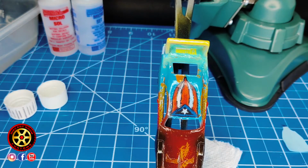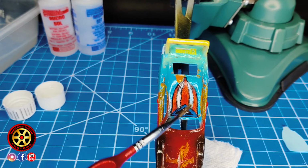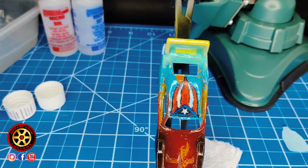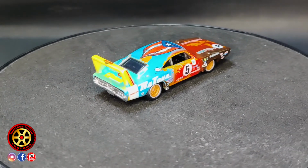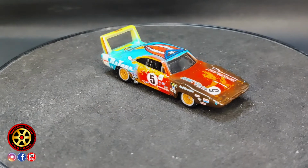So I started this car a long time ago. Try to link the video when I did the stands first. I cut up the original chassis, and I'm just going to show you the final product. This is how it looks. I still have to do the tail lights,